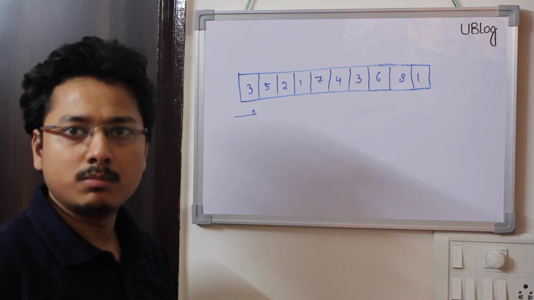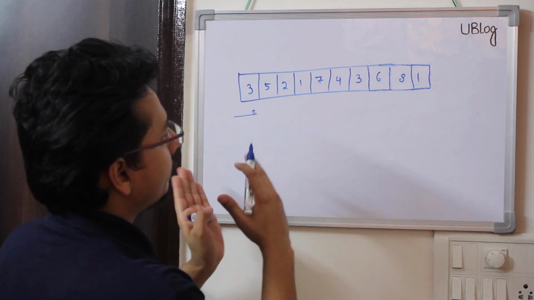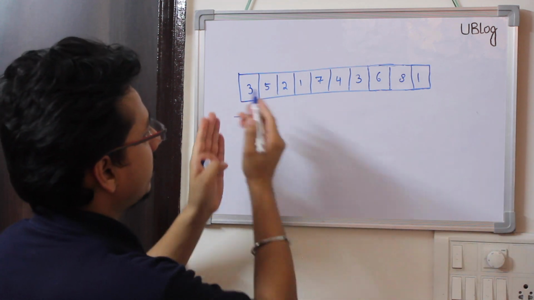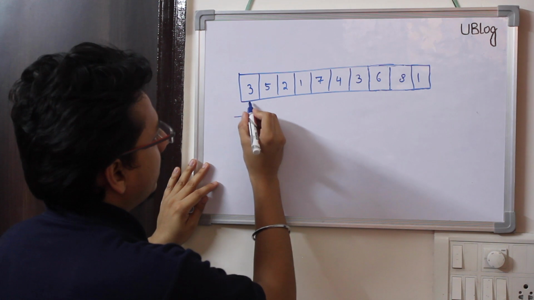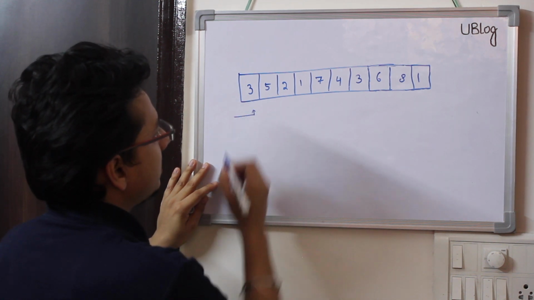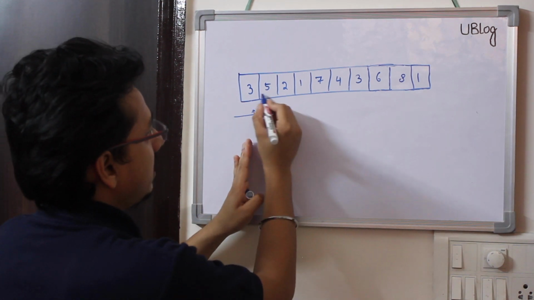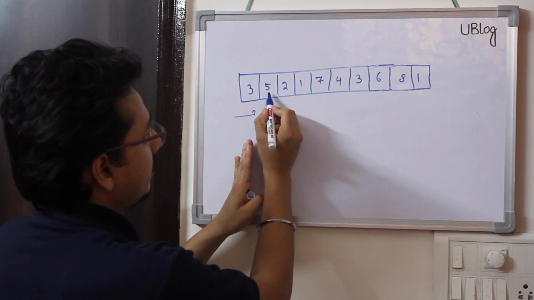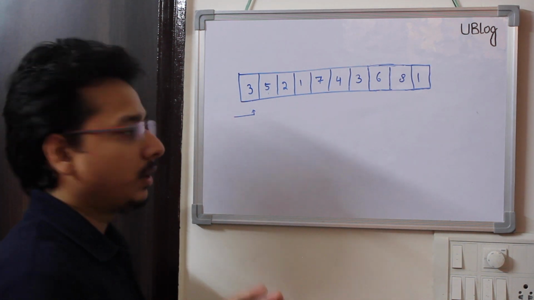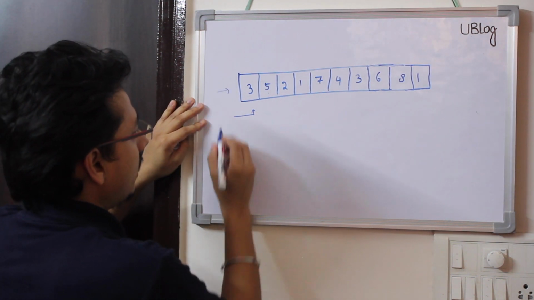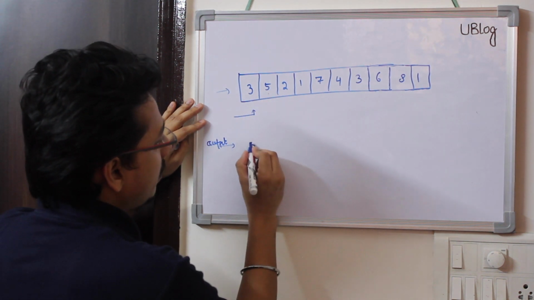Let's understand the problem more using an example array. For every element we need to find the first element present on the right hand side which is greater than the current element. If I see in this array, for the first element, that is 3, which is the first element on the right hand side which is greater? If I see just the adjacent next element 5, 5 is greater than 3, which means 5 is my next greater element for 3. This is my input array and this is my output array which I need to print. So for 3 my answer will be 5.